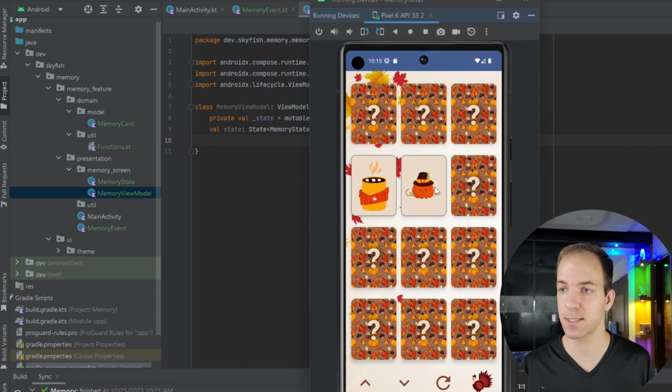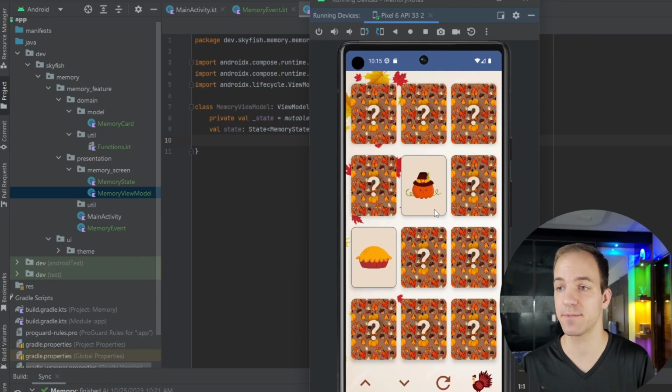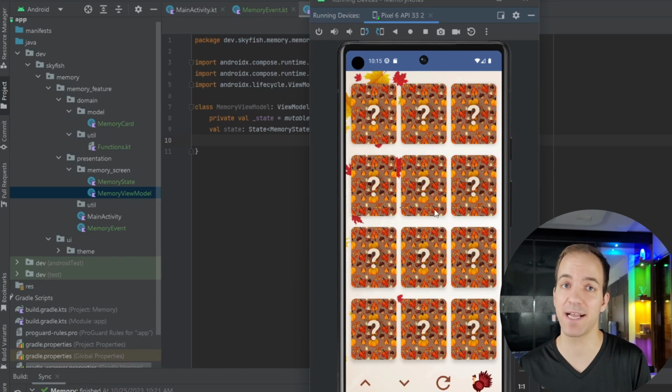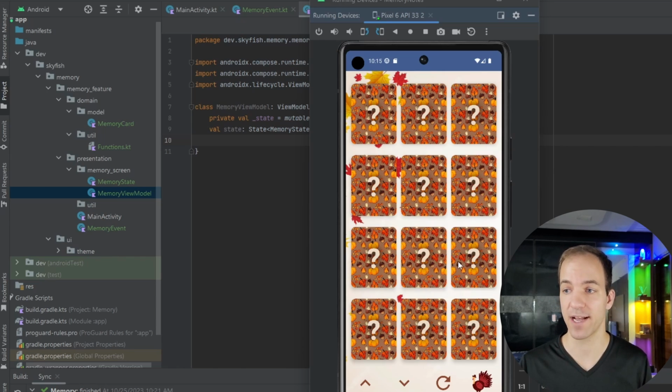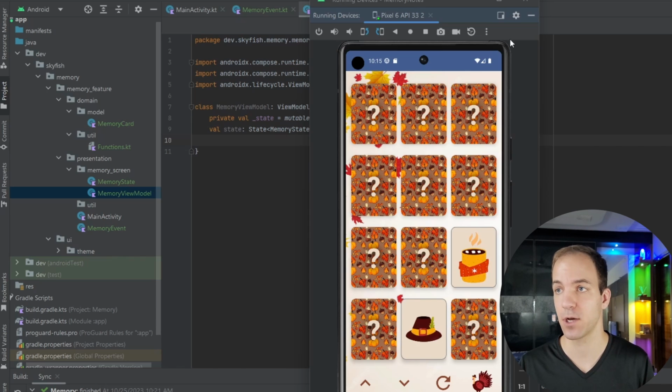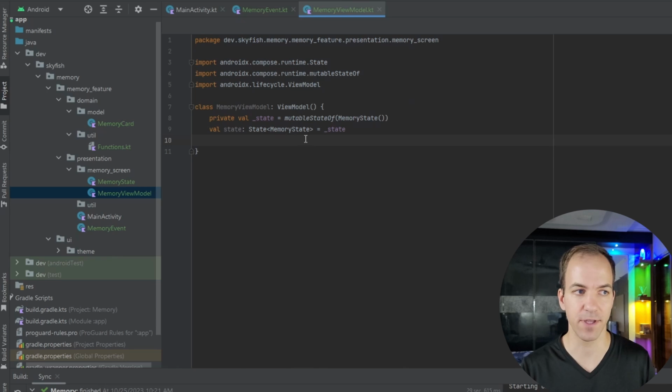And then after that, we're going to need one more job for basically when you look on this application here, if I click on some of these, you can see it doesn't match, but it doesn't flip back immediately because I need the user to have some time to see what the card that didn't match was, so that next time they can actually remember where that card is and play memory. So to do that, we have a delay function going on,